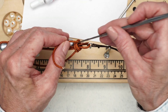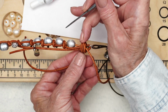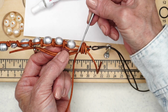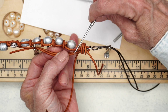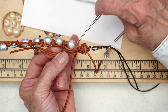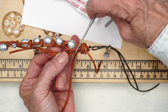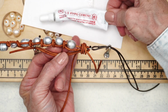I'm going to try to get some glue right in the spot that I'm putting it. This is the spot, because these two cords move down right there. See that? Right in the space, right above the pearl. You want to get it on the top and on the bottom. I know the GS Hypo Cement Company is probably making a voodoo doll right now and sticking pins in it,